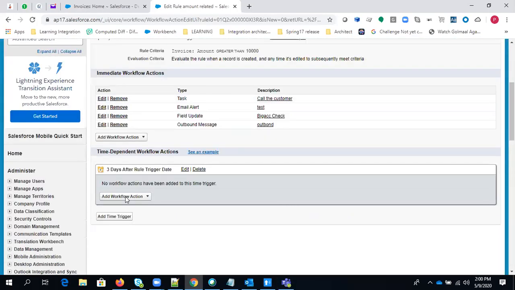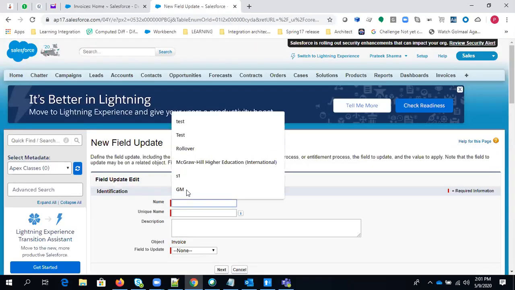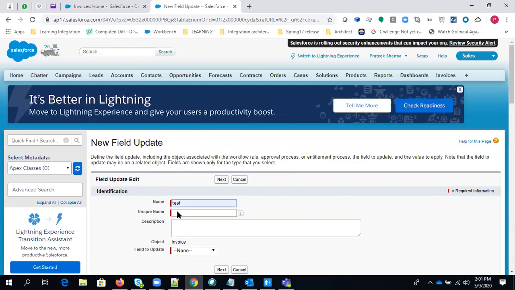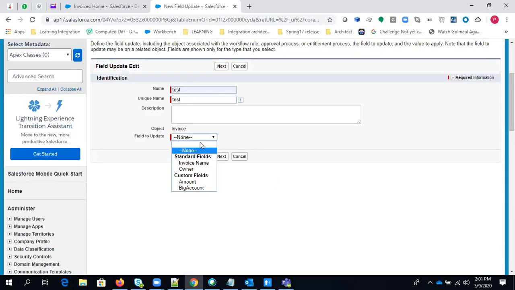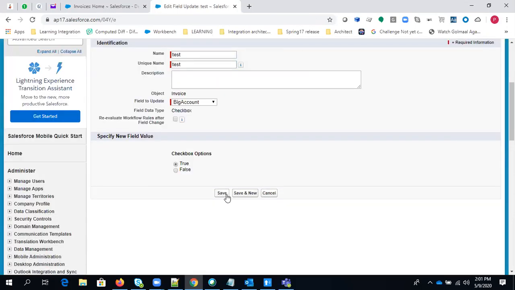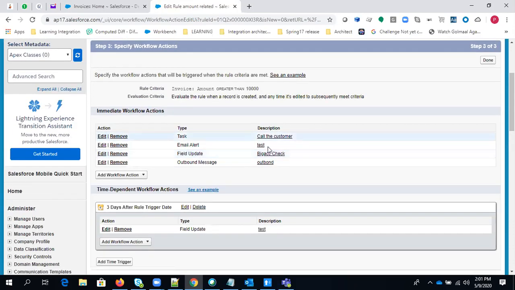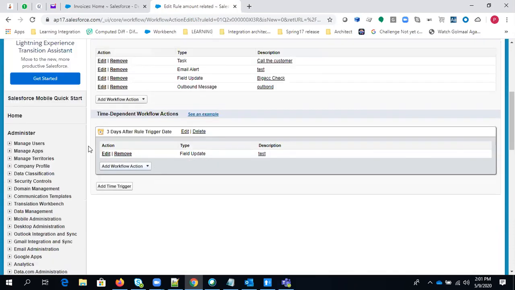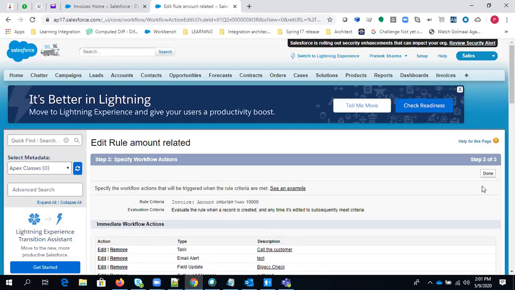We have created this, and what kind of action you want to perform. So let me just do the field update here. I'm just making it test because anyways, you can't check it right now. So I'm just making it field update, making it true, save, right? Same thing we did with the immediate field update, right? Same thing I did with this time trigger.